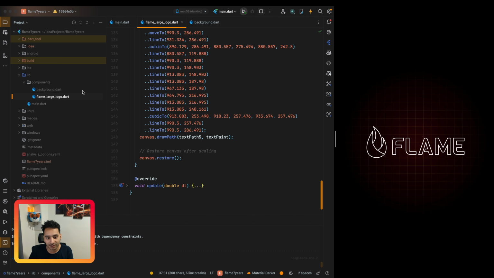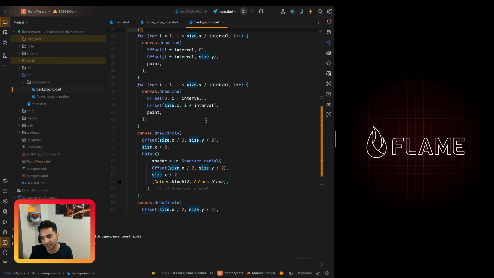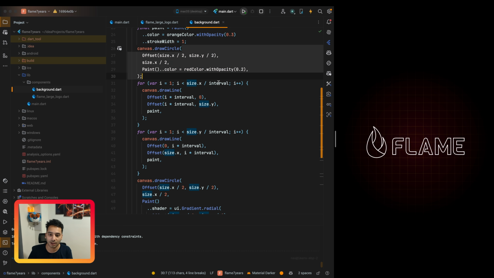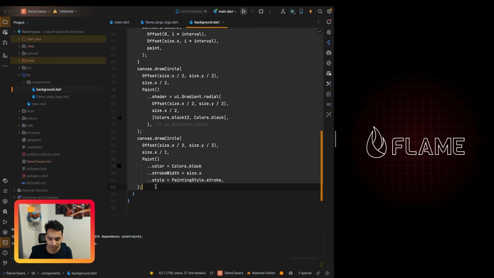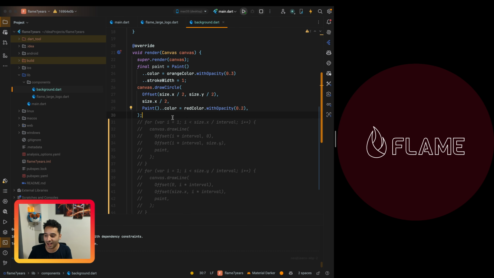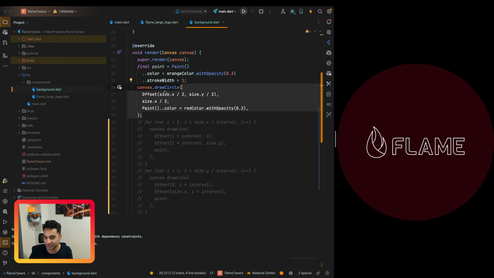And about the background, we have this file, and these are some layers that I put on top of each other to have the effect that you see. And yeah, so the first thing that we have, let me comment all of these. And yeah, so the first thing that you see, we have a simple red circle here. And if you comment it, we don't have anything. And yeah, this is just a circle that I added here.